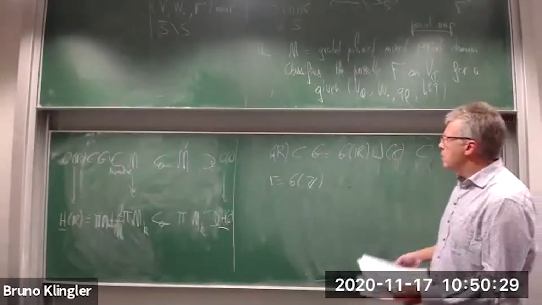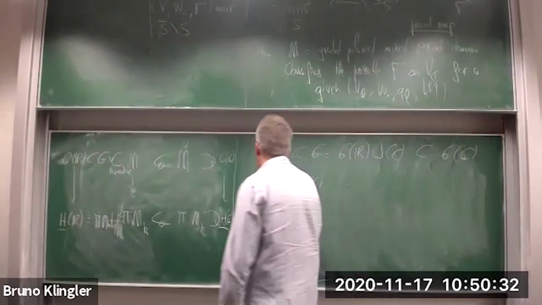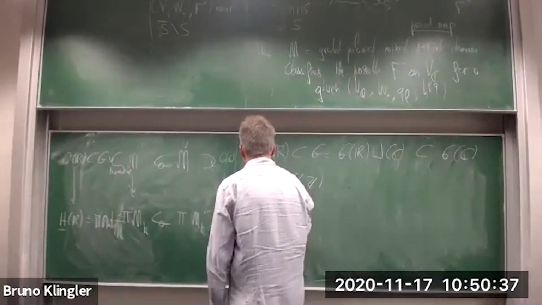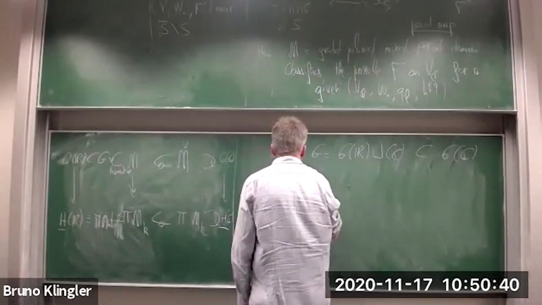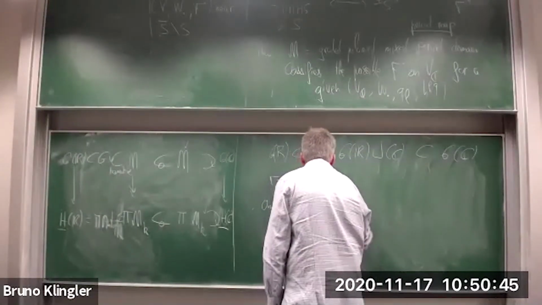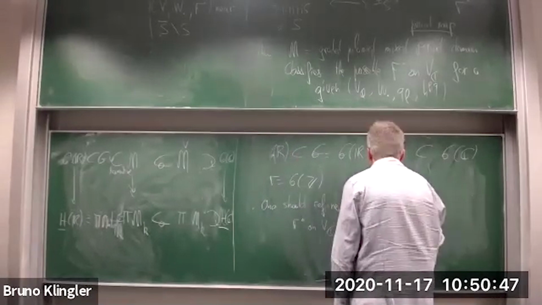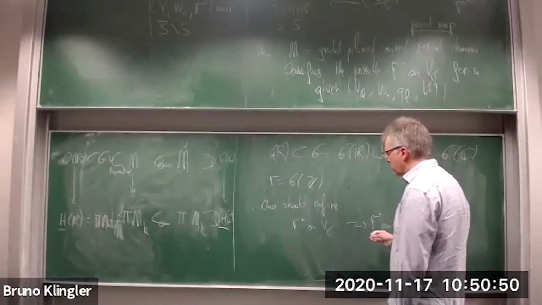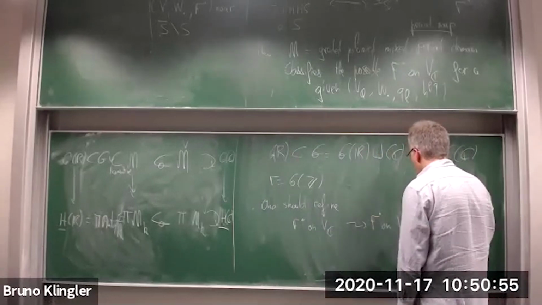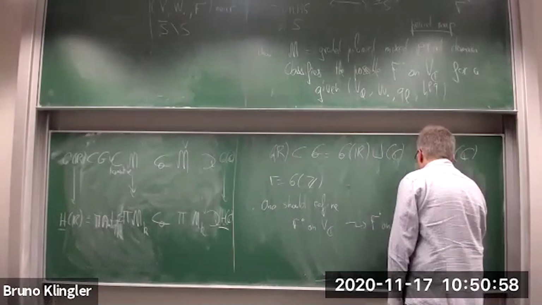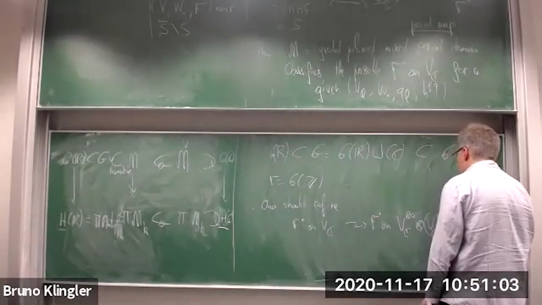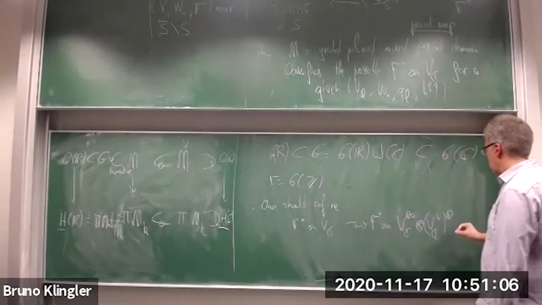In fact, just one small remark. This is a description in terms of period maps of variations of mixed Hodge structure, and one should refine the construction a little bit, meaning we replace F on V_C by F on all possible tensor powers. So we don't want to only classify the Hodge filtration on V_C, but the induced Hodge filtration on all possible tensor powers of V and its dual. It's natural if you want to do group theory, because then everything becomes Tannakian.